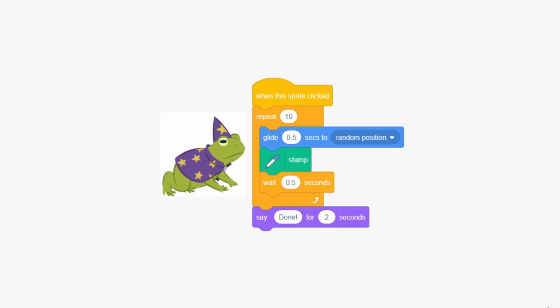Now, arrange this coding block in the frog sprite. Here, there is a stamp block that you can use from the pen extension.